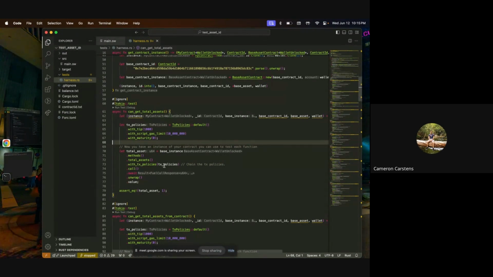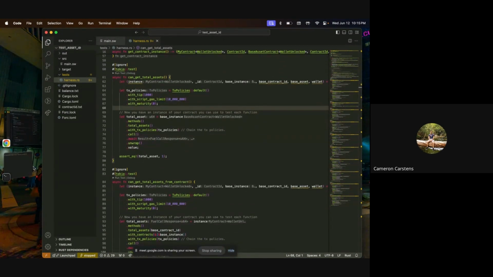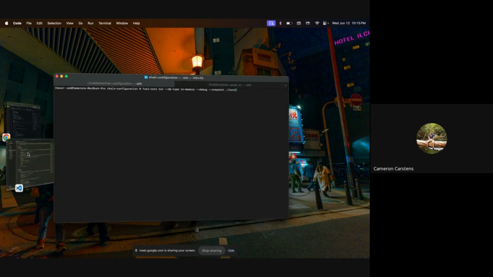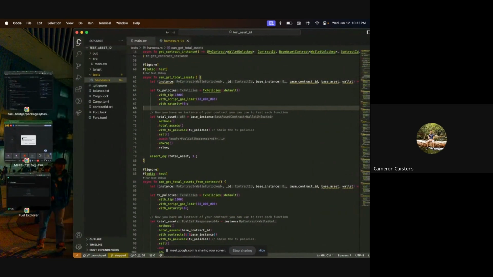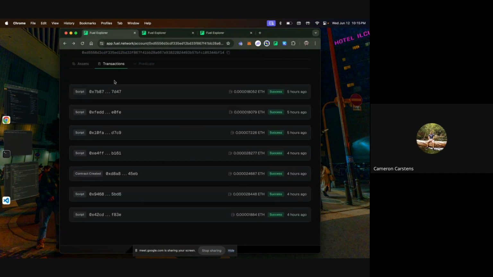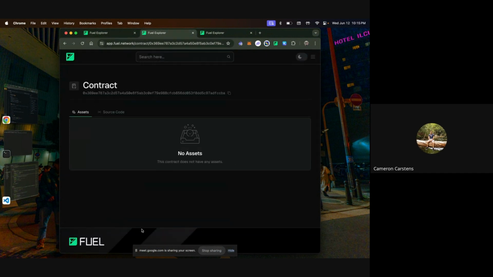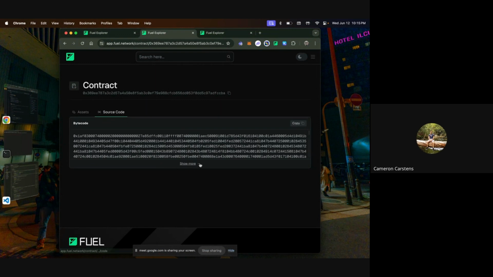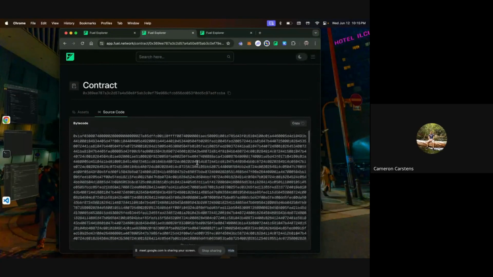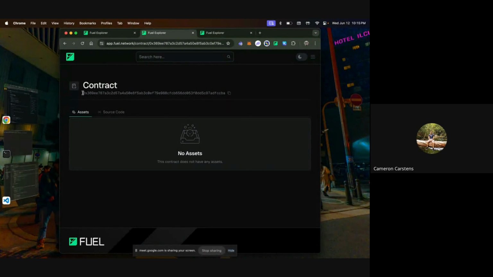So now I will show deploying. Actually, I've already, since this is a live demonstration, and oftentimes things go wrong with live demonstrations, I've actually already deployed this contract on the testnet. This is the contract here, and you can view the bytecode. There is a bytecode root solver, so you can take this and compute against the bytecode root, and you should be able to get this.